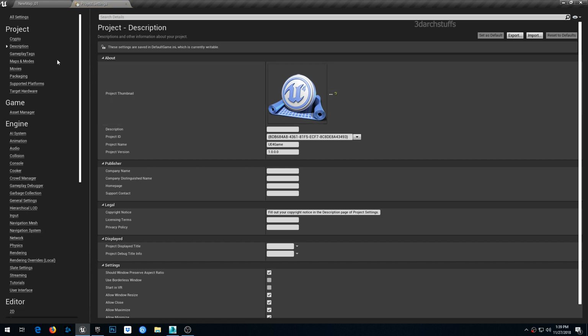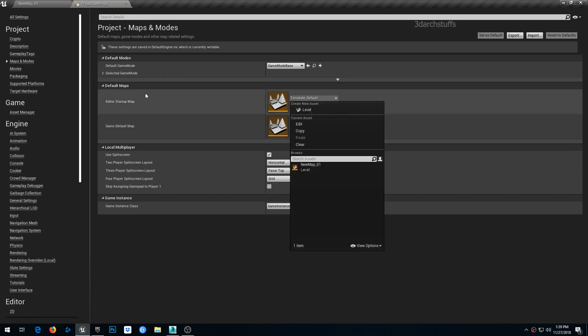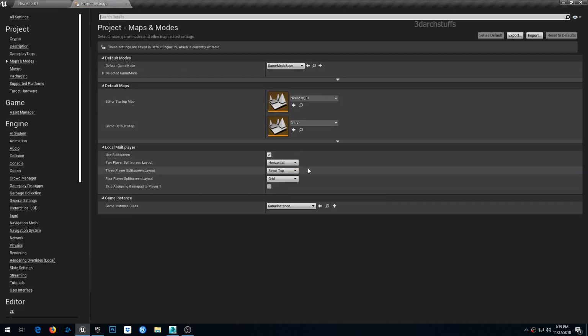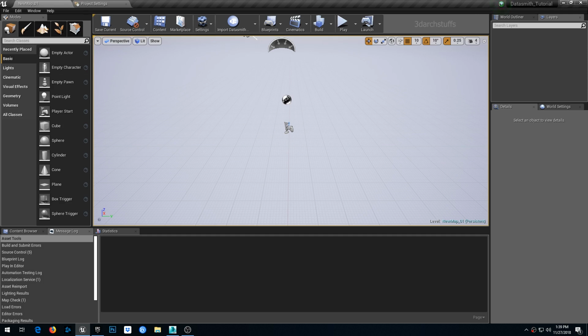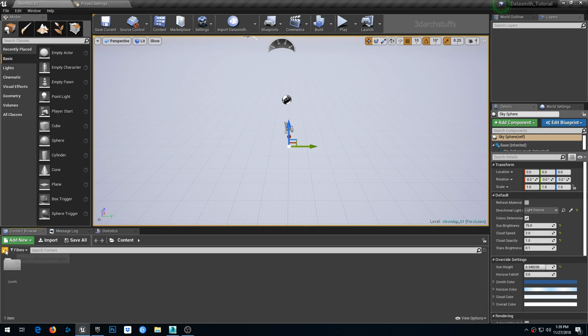and in project setting go in map and modes, and then convert that default editor startup map into new map 01 and game default map into new map 01, and after that once again go ahead and press Control Shift and S to save all the assets, and then in content browser I will go ahead and see if I have my level here. And now what I will do is I will just go ahead here in import Datasmith,